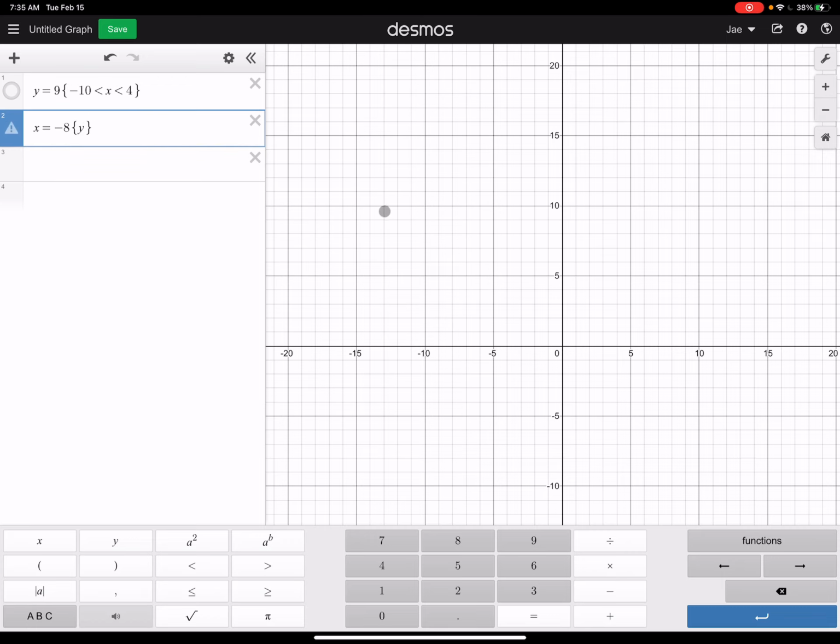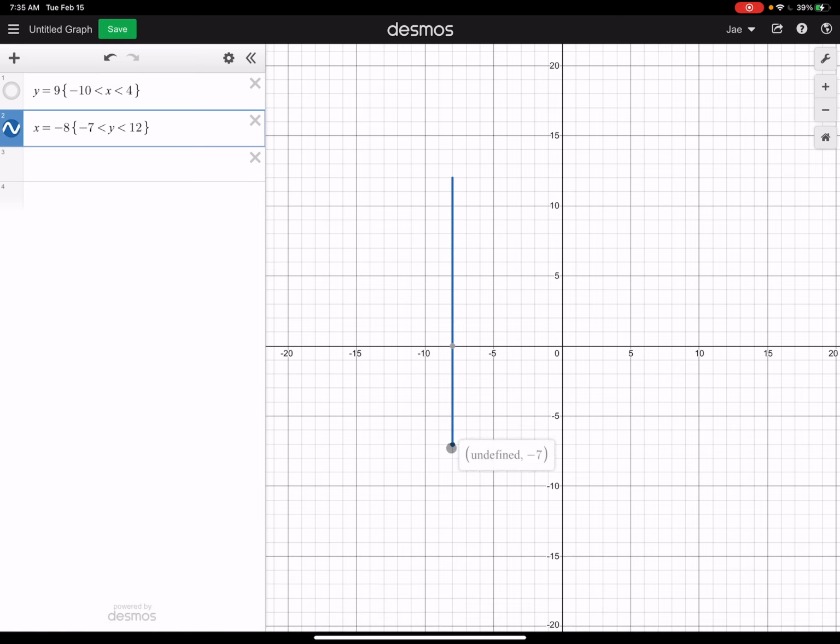Now we're talking about Y values here, okay? So it's got to be greater than -7. You see that? It's got to be greater than -7. Now we're talking about Y values because look, it's a Y axis. And it's got to be less than, I don't know, what did I say, 12? 12, you see that? So it starts from greater than -7, but less than